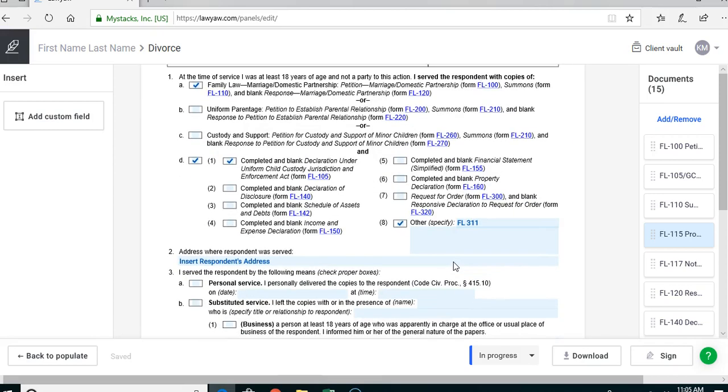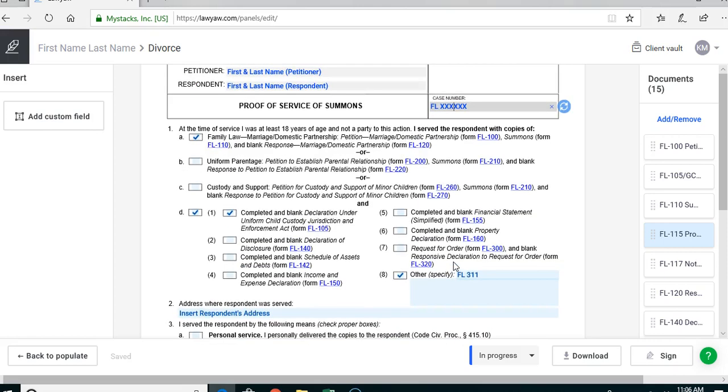Now, you need to have someone who is at least 18 years of age and not a party to this action, meaning it can't be you, serve the filed forms, the forms you filed with the court, on the respondent, your spouse. So that's forms FL100 and FL110, and then any accompanying attachments that you filed as well. So you're going to select box 1A, indicating that the person providing process service has served form FL100 and FL110 on the respondent,